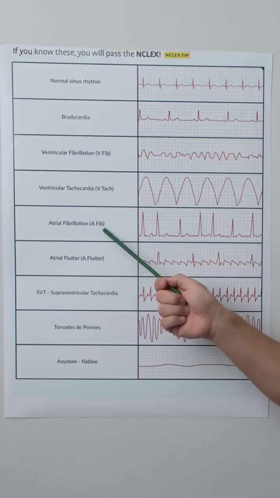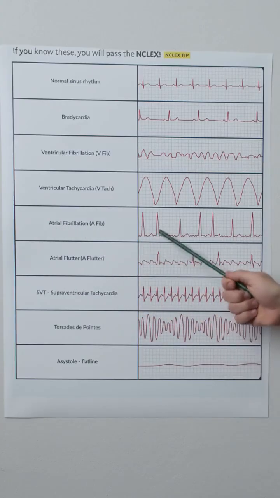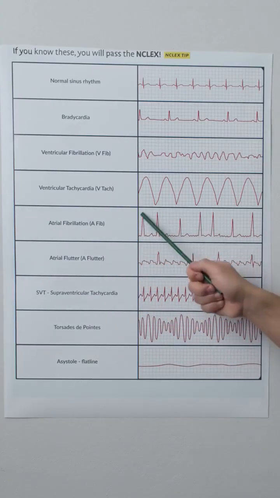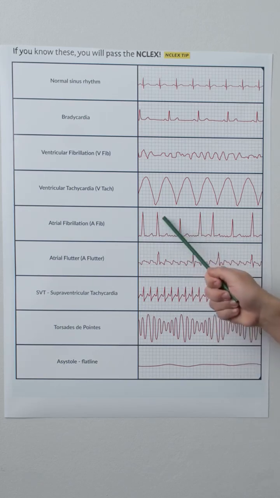Next is AFib, or atrial fibrillation. This is where the atria are all flipping around here. The easiest way to identify this is that the R peaks don't match up perfectly, and there are no P